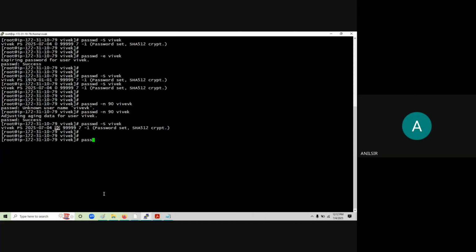Next, password warning period. Now here 7 days. Here we have 7 days, right? Warning message. So it is going to prompt you, giving the warning that your password is going to expire 15 days before. It is going to give you the prompt. See,